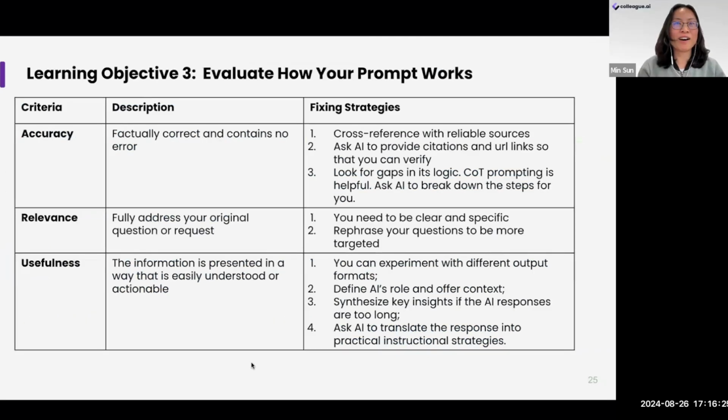If you recall, our third learning objective for today is to learn how to evaluate your prompt, as well as to identify common issues and problems, and fix those issues and problems. We see there are three commonly used criteria in the research literature to evaluate how the prompt performs. The first criteria is called